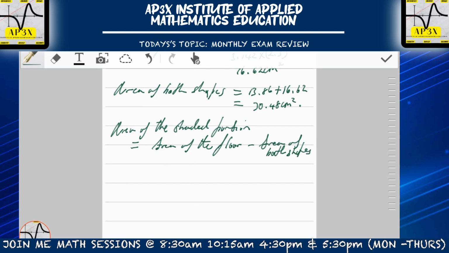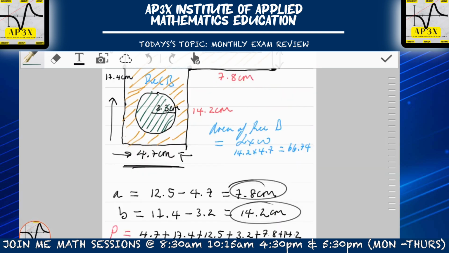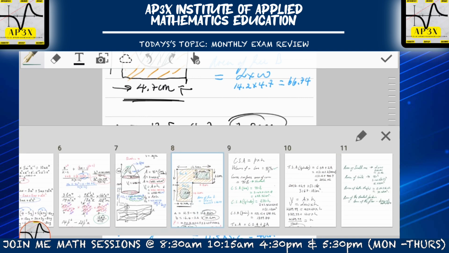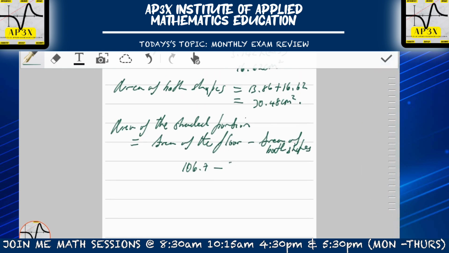So the area of the floor was calculated. If we go back to our calculation here, the area of the floor was 106.7. And we're going to subtract the area of the two shapes together, which is 30.48. So we'd have gotten an answer here of